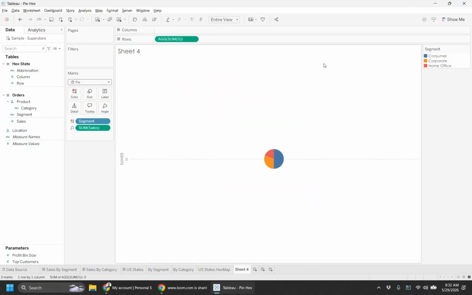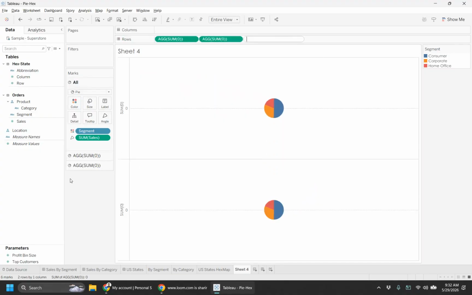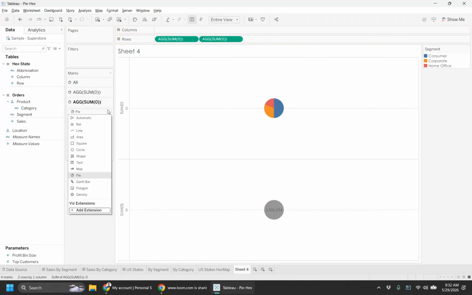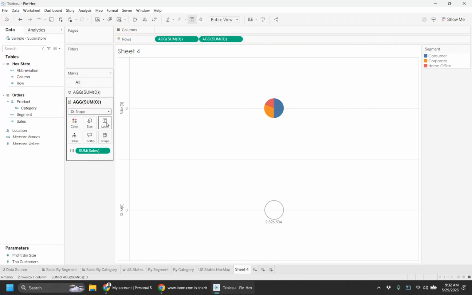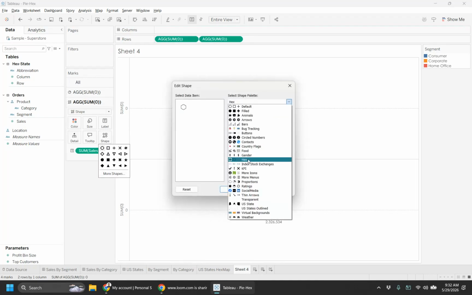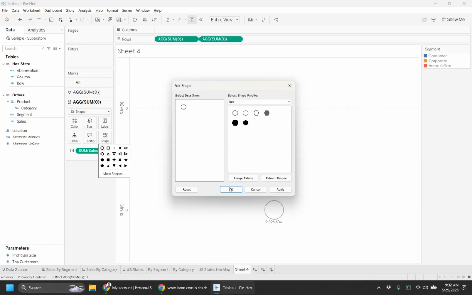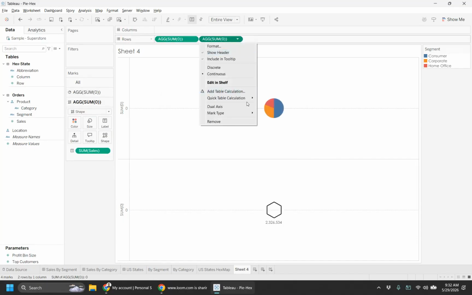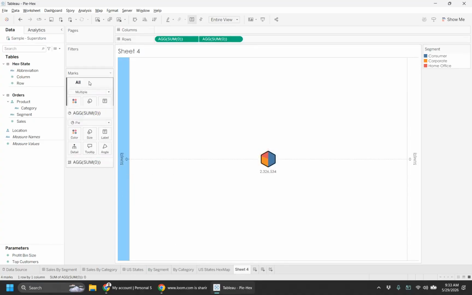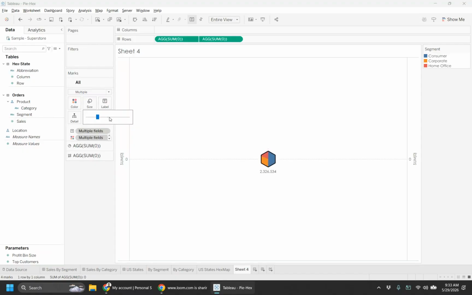So we are using the sum 0 and creating two axes. In one of the axes, I'm going to remove this segment from here and move sales to the label. Then, instead of a pie, I'm going to use a shape. Click on the shape, more shapes, choose this custom hex shape. Next, I'm going to make it into a dual axis. Then synchronize my axis. Go to the All, amp up the size,